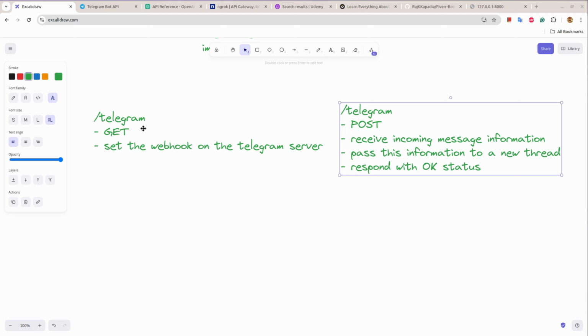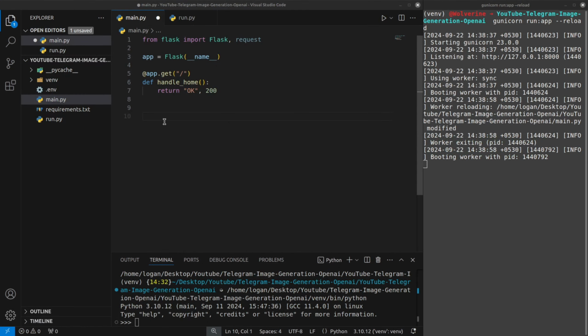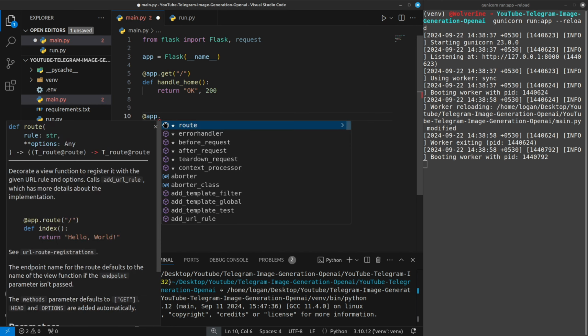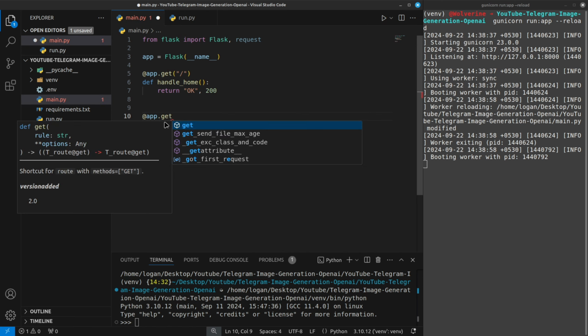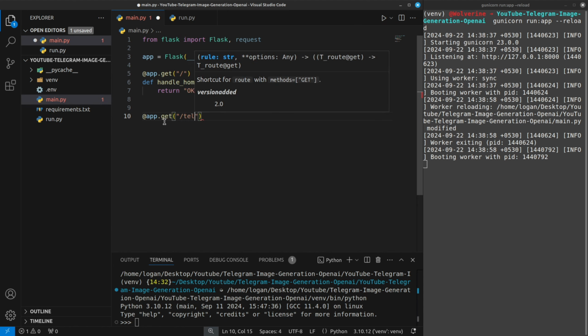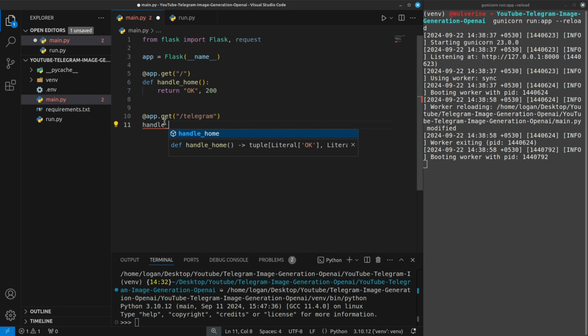Now, as you can see here, we need to build two routes: Telegram for setting the webhook with a get method, and Telegram with a post method. So I'll create both of the routes. Let's say app.get Telegram. I'll say def handle_get_telegram, and here